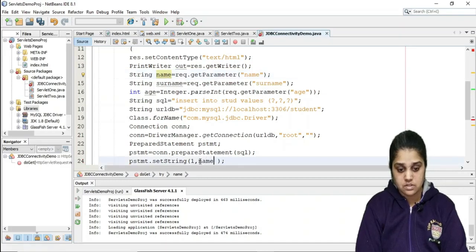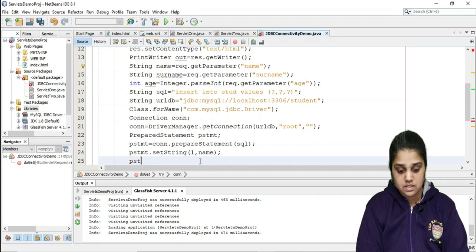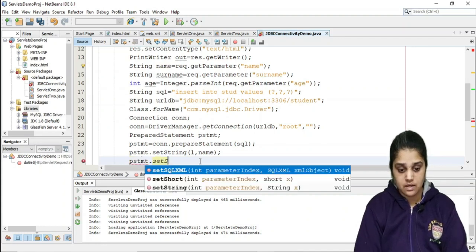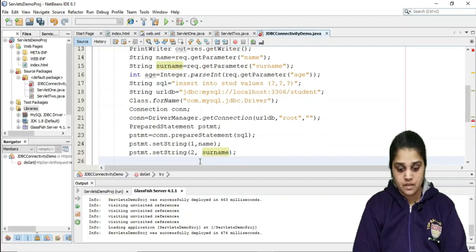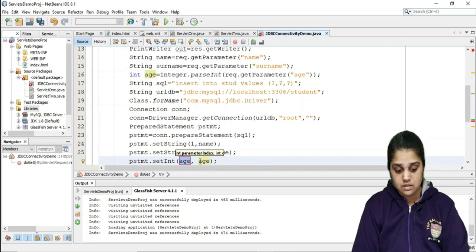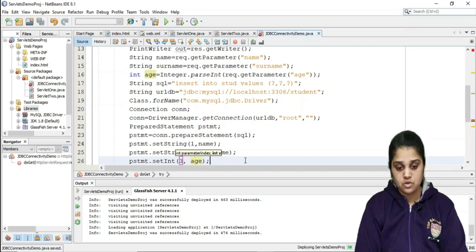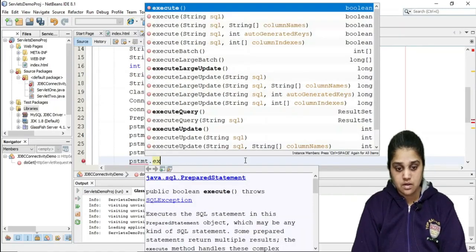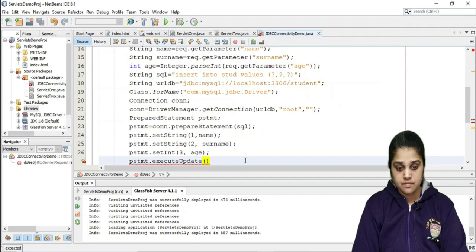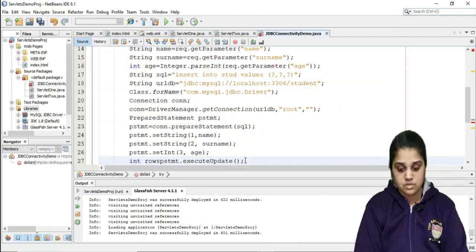Second, pstmt.setString again, which is going to set the second question mark with surname, and pstmt.setInt the third question mark with age. Now pstmt.executeUpdate, and executeUpdate returns rows affected.